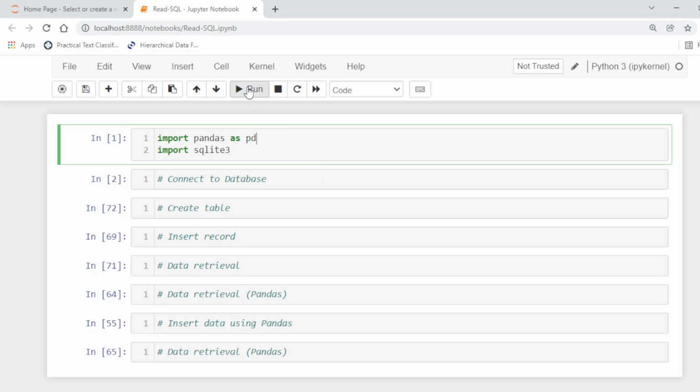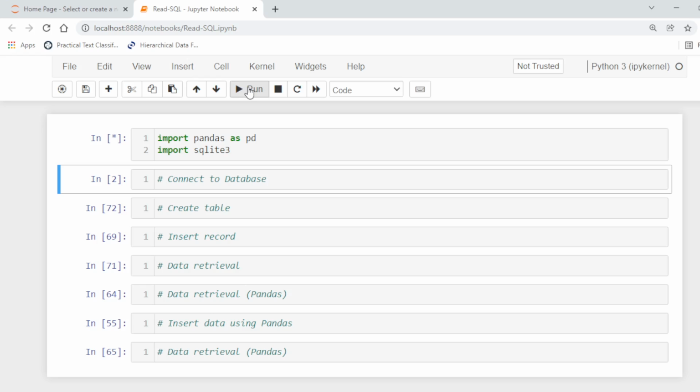First of all, import the Pandas library and the SQLite package.